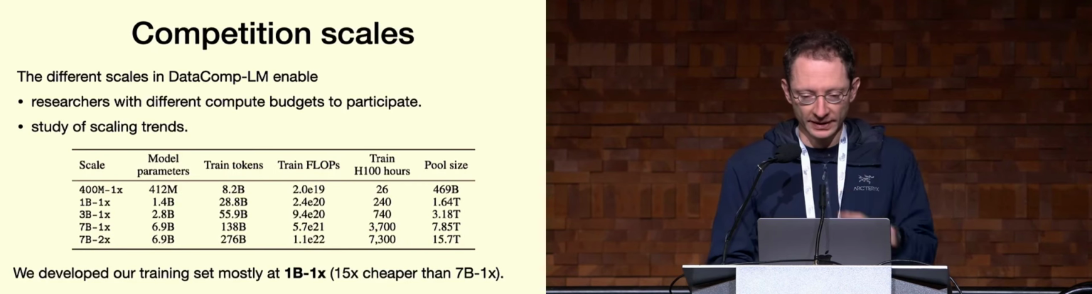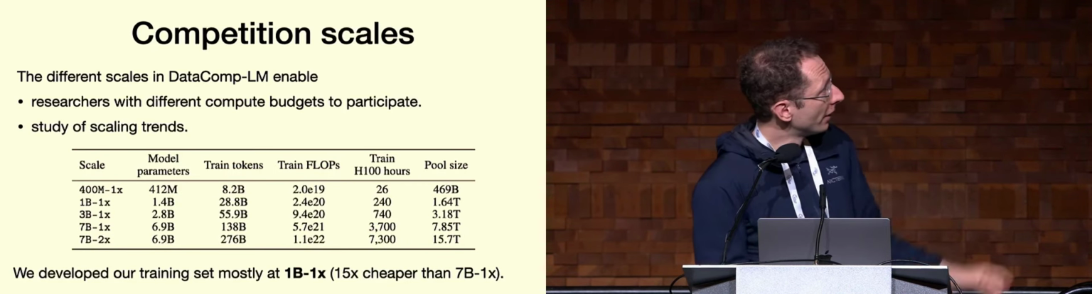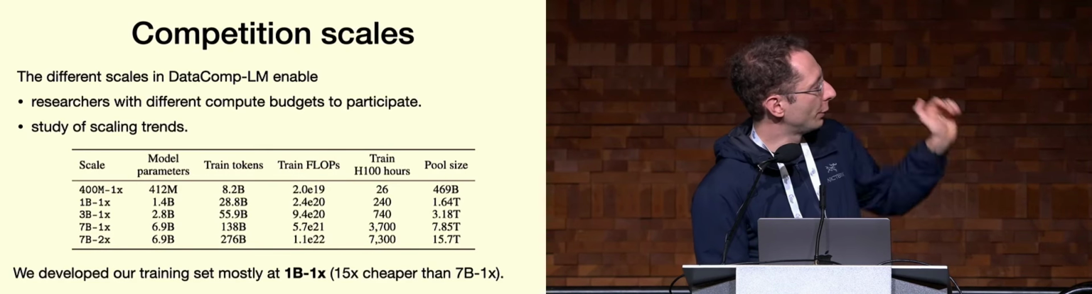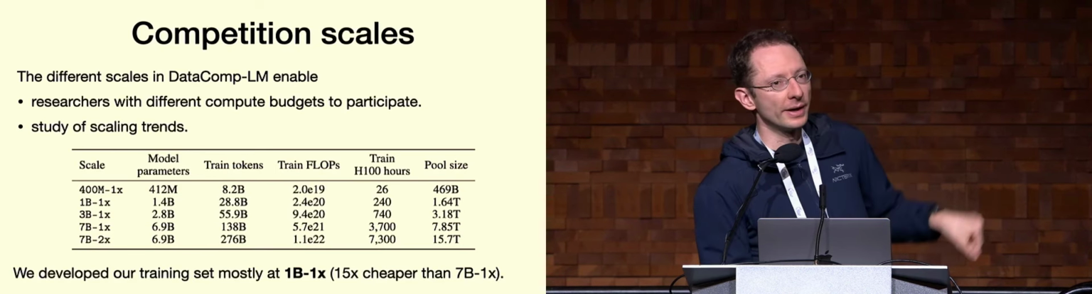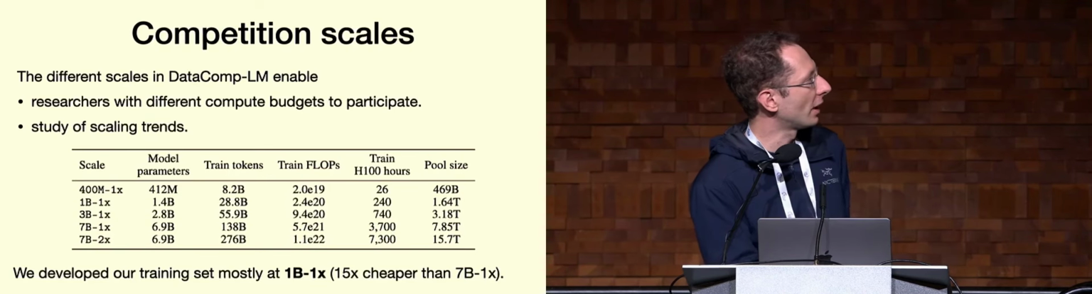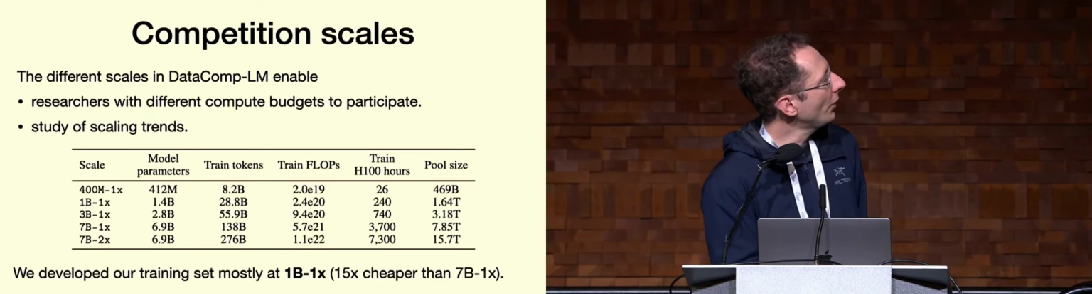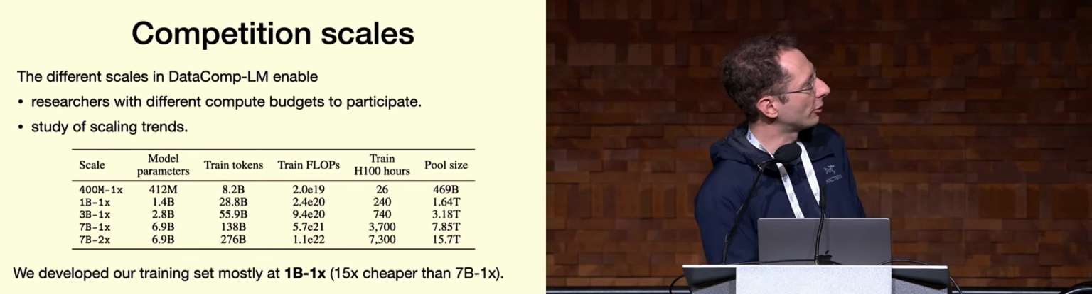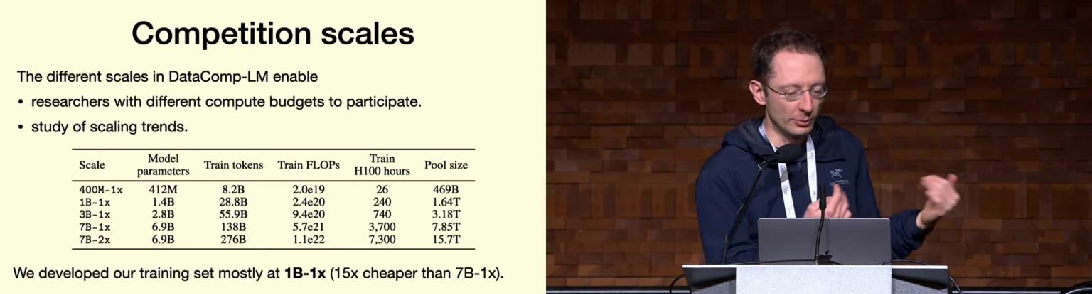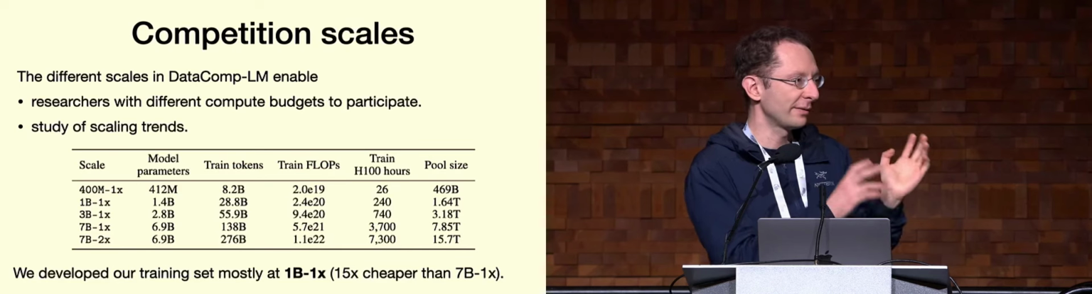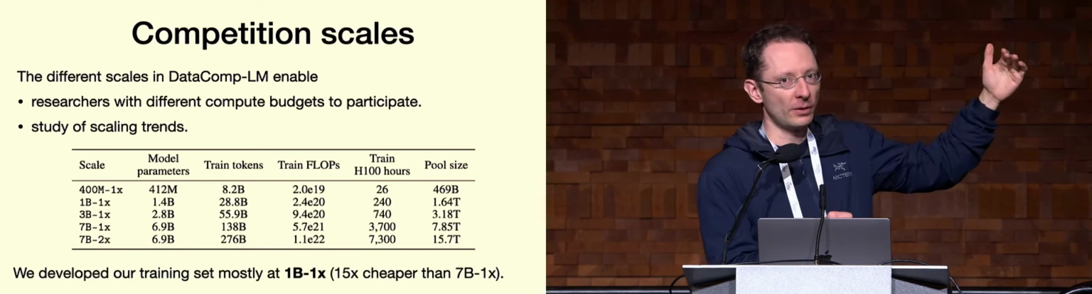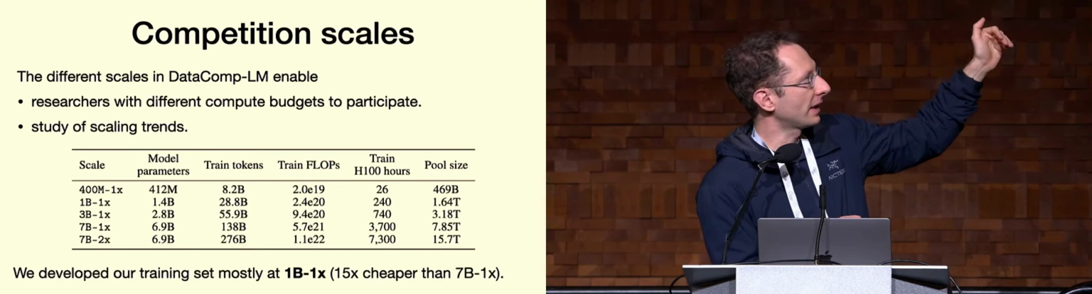To be a bit more precise, what are these different scales? This table has the 5 different scales, from a 400 million parameter model to a 7 billion parameter model. The 1x is the overtraining factor with respect to Chinchilla optimal training. So 1x means that our training tokens follow the Chinchilla scaling law. You can see this goes in terms of H100 training hours from about 26 for the cheapest scale to about 7,000 for the most expensive scale. This is obviously a little scary, 7,000 hours for a single training run. But to be clear, we did most of our development of our training set at the smaller scale,